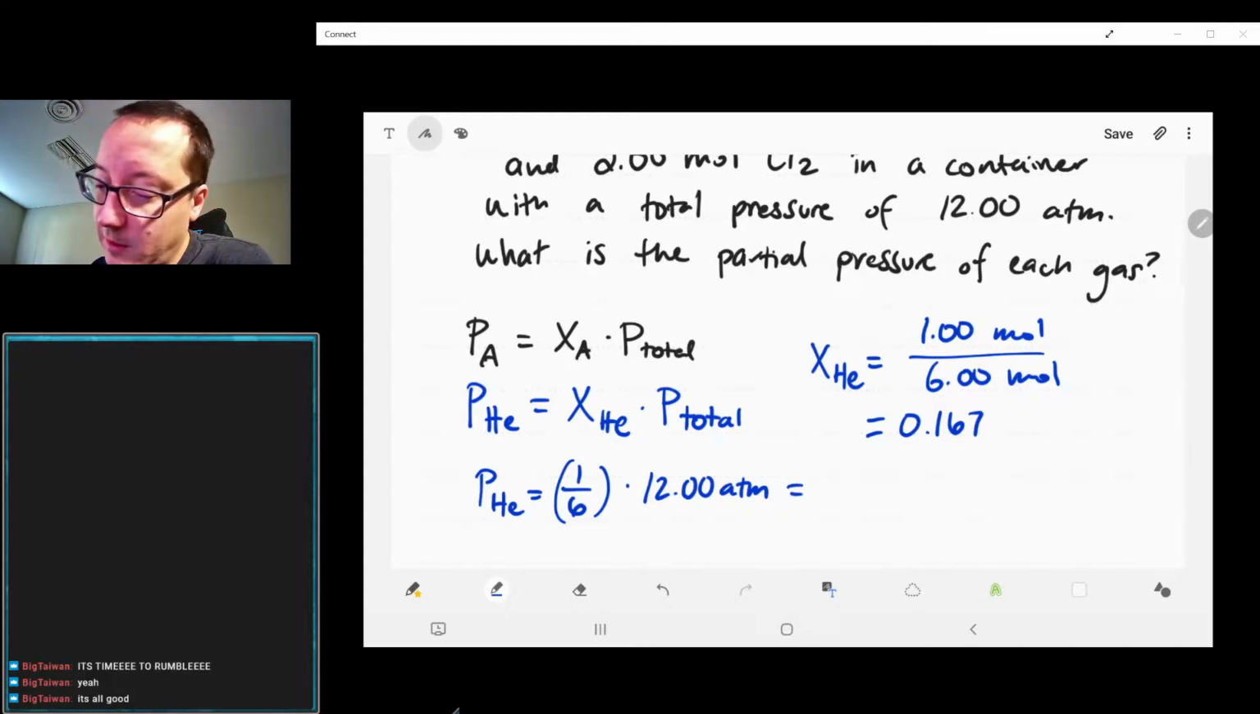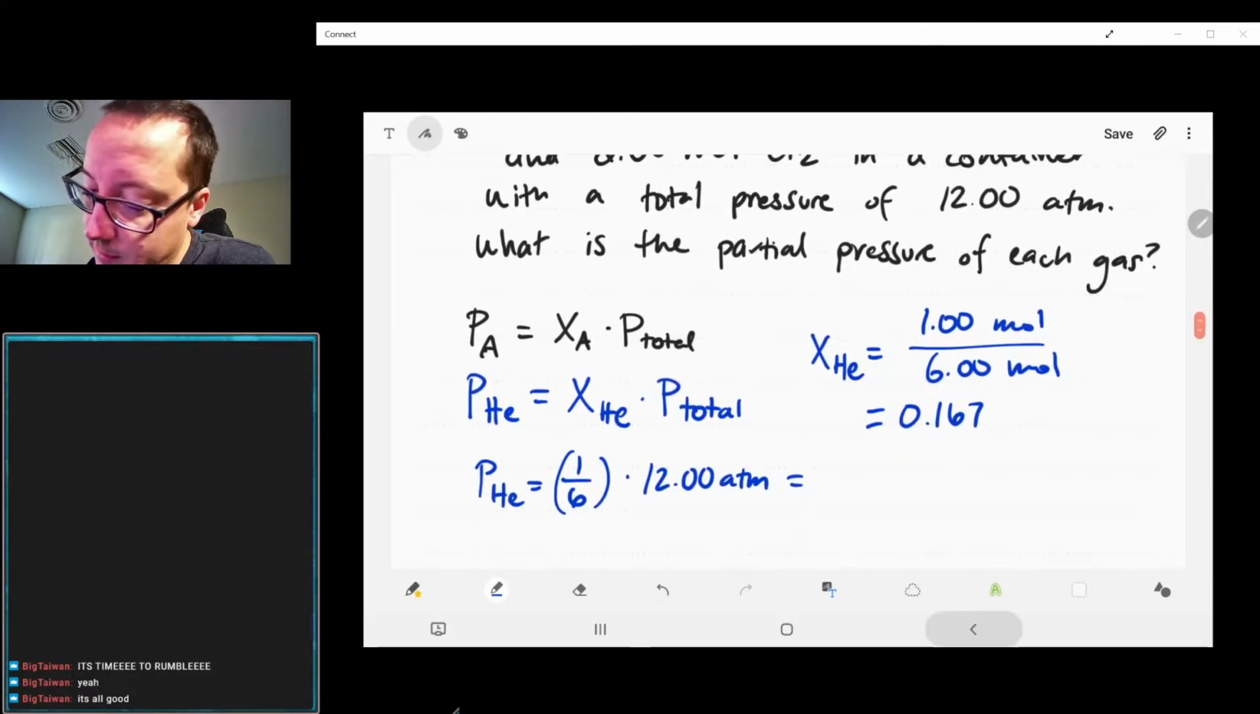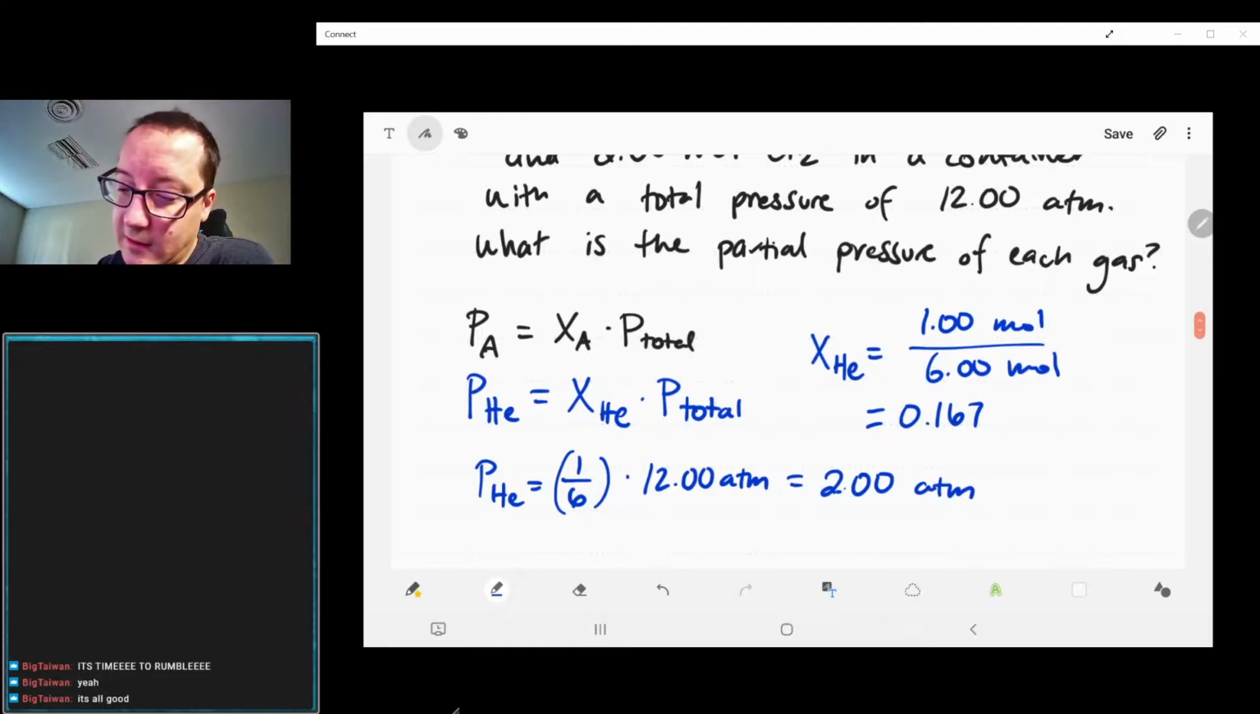And as a result, we end up getting 12. So then we get 2 atmospheres at the end here. Technically, this is 3 sig figs for the 1 and the 6, but I was being lazy. There, we'll fix that. Since these are nice, easy numbers, I kept it as a fraction because it's easy to